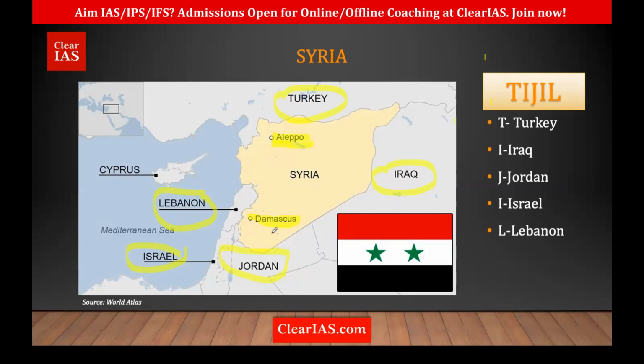See, it is not possible to learn all the places in Syria, right? But whenever UPSC asks a question, you must be able to eliminate options. So if you know at least these names, you would be able to eliminate the options. Whenever Aleppo comes, you must remember it is from Syria. And Damascus comes, it is from Syria. So these 2 places are very important.